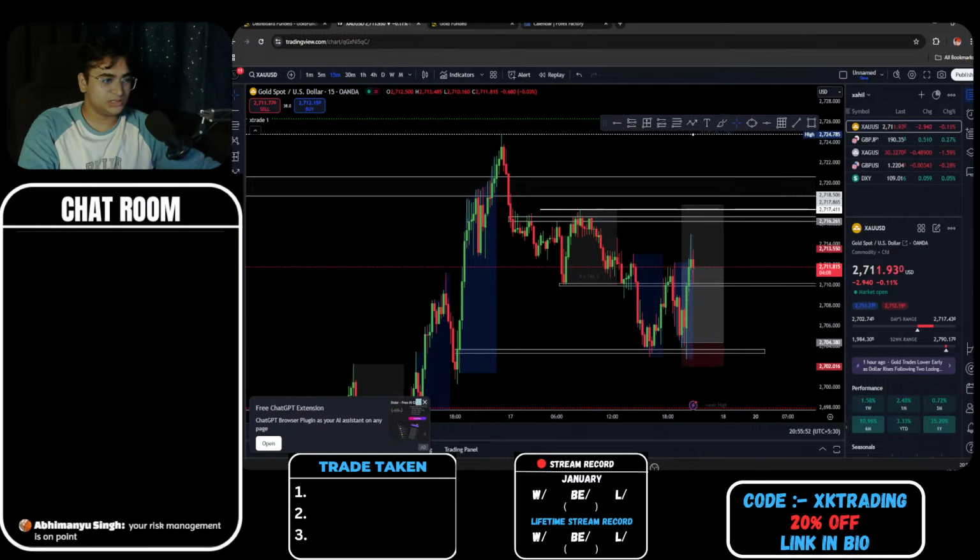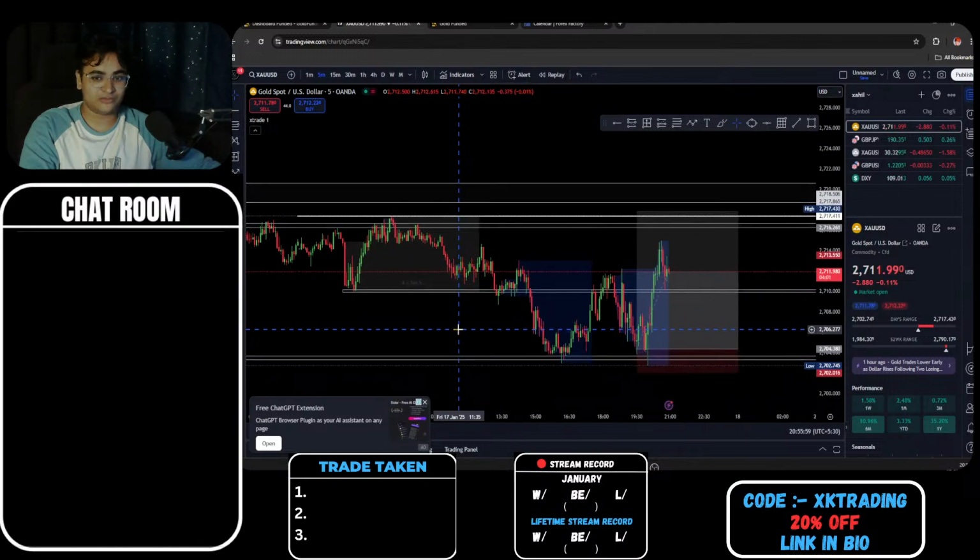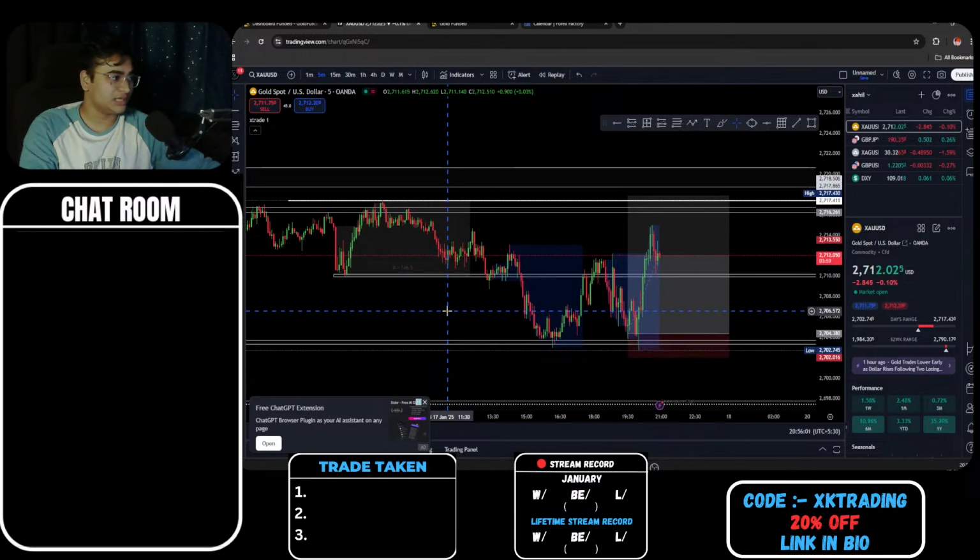Your risk management is on point. Trust me, brother, this is what I have learned after failing a lot of accounts. To be honest, till now I have passed just one account, which was with Funding Frontier, and at that time I did not get the payout. The reason is that there are totally different feelings and emotions when you have a live funded account compared to trading phase one and phase two. So I lost that and didn't get the payout.